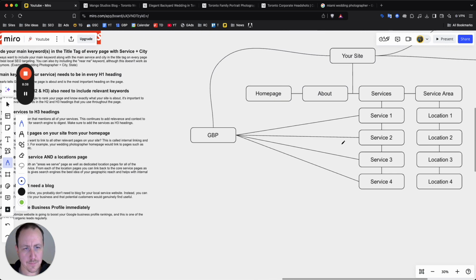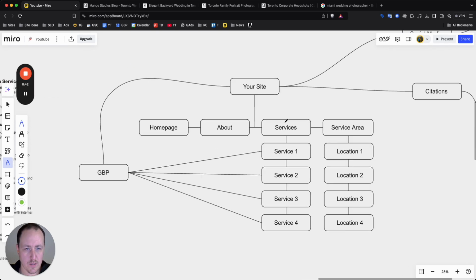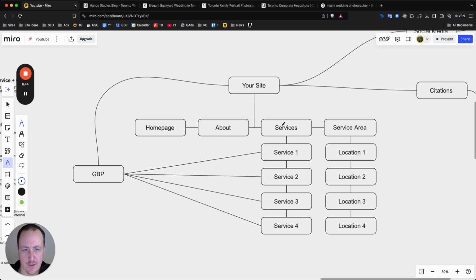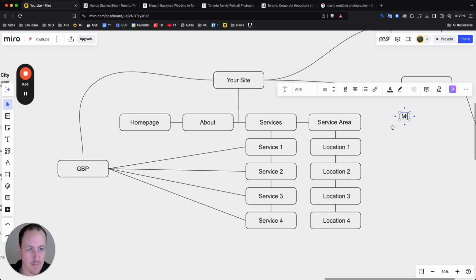And now, how to structure the website, as well as getting into citations really quickly. This will be a pretty good idea of how to structure your website. Most of you, if you're only offering wedding photography, you probably don't even need a services section, right? But you should definitely include a service area. Even if you are, for example, in Miami and you just mention things like Miami wedding venues we've shot at,